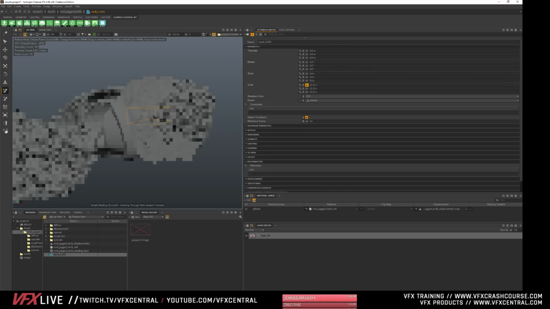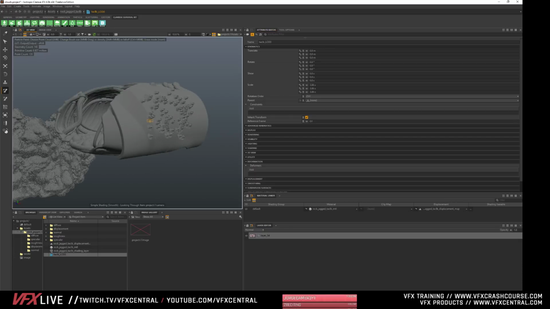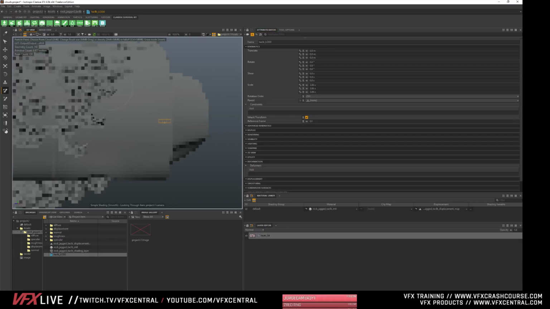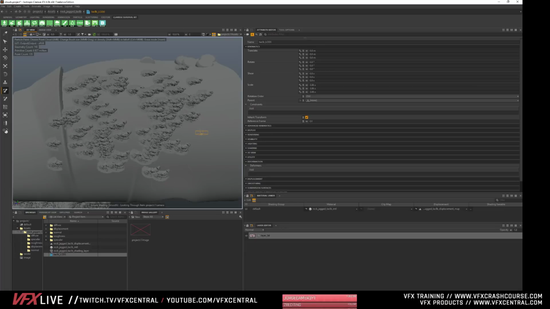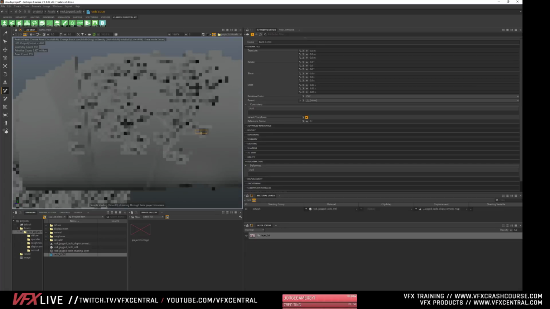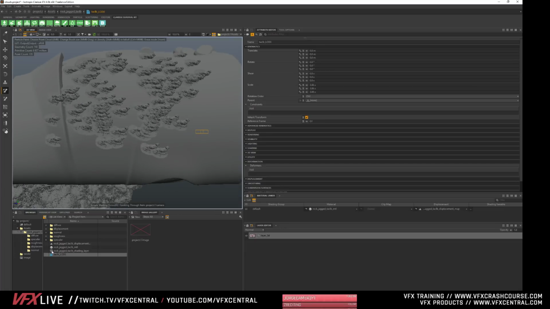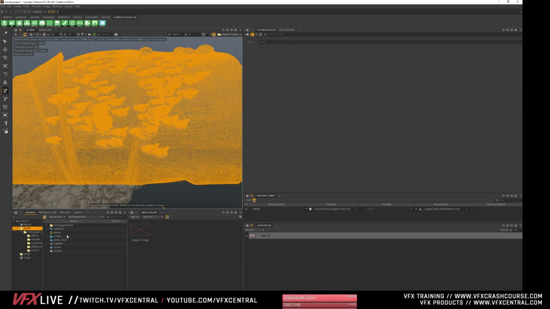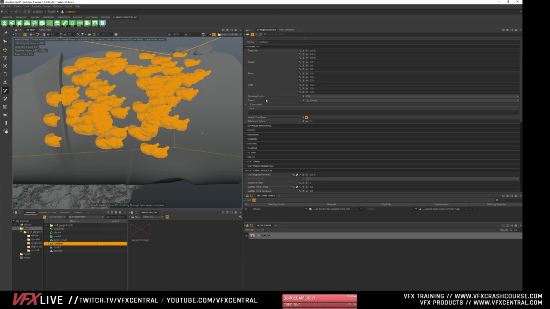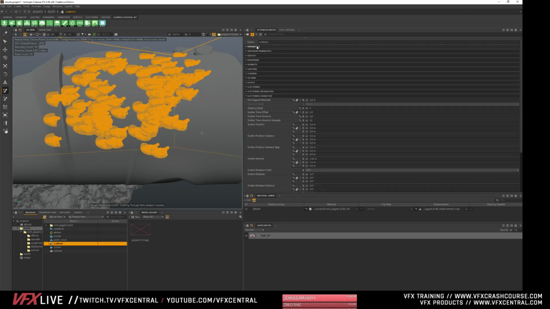So we're going to scale these down. So there you go. Now we have these little mountains on the side of that thing. And again, in the scattering options, we can offset some of this stuff as well.